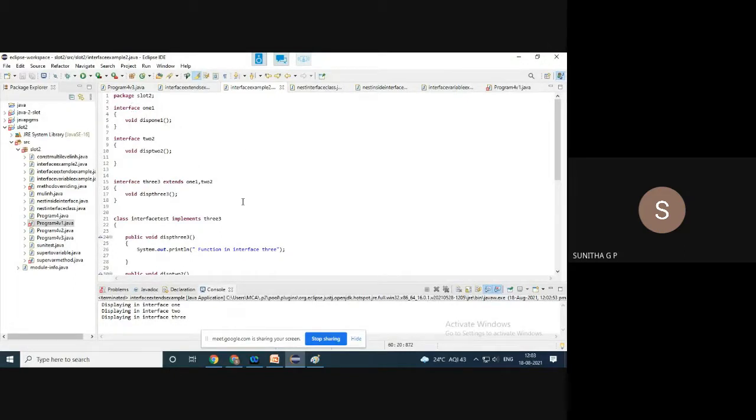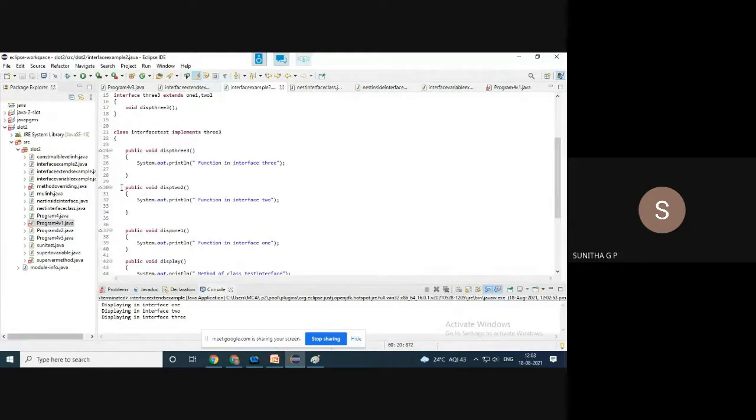So both are extended, and implements 3 means you are going to get all the functions again as a part of 3. Okay. So here also you comment one and check what it will do if you are not doing this. It will show you an error. So when it is implemented, all the methods are to be declared, redefined. That's the one point, and that has to be public. You can simply give it like this, no problem. Then it is not showing any error.